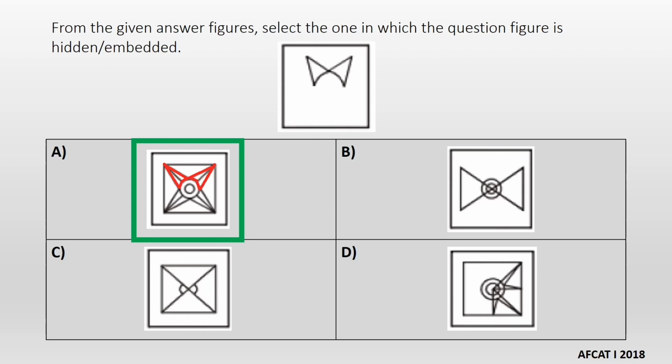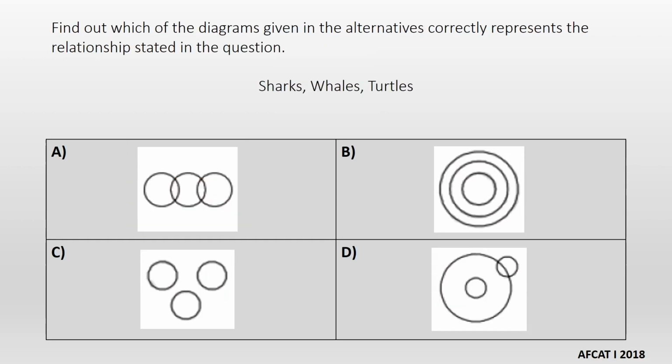So we had 4 questions of this type in which we have to find an image which is embedded or hidden inside the given 4 options. Now comes another type of question. These are based on Venn diagrams. These are very common and easy to solve, however they can be complex sometimes. Just observe what kind of relation fits best with the given images.